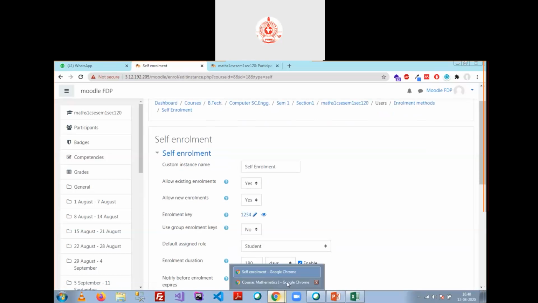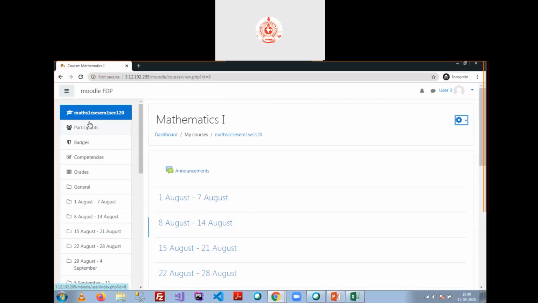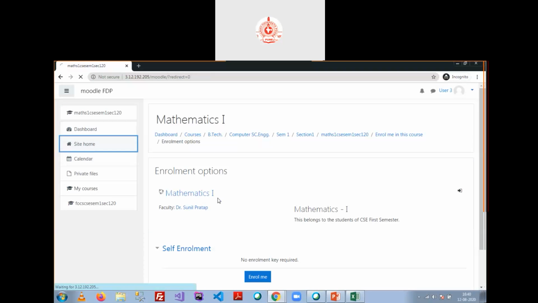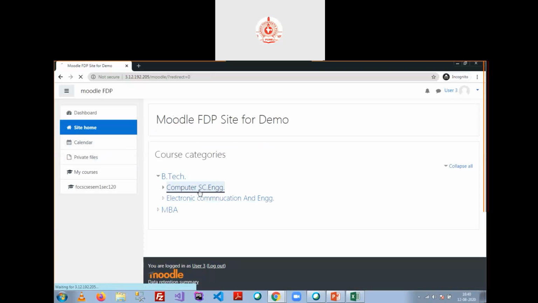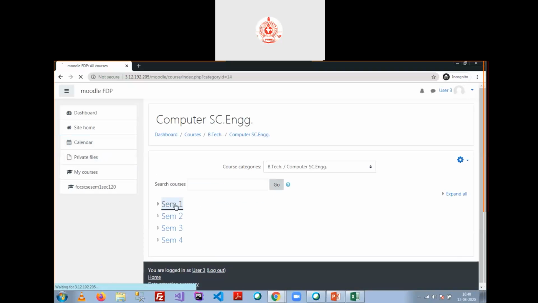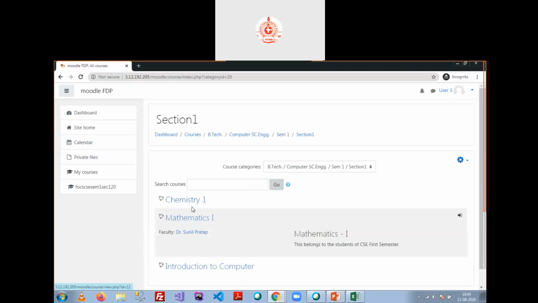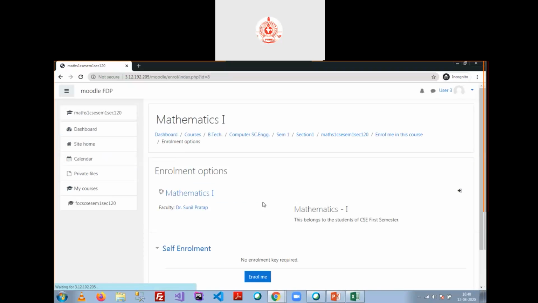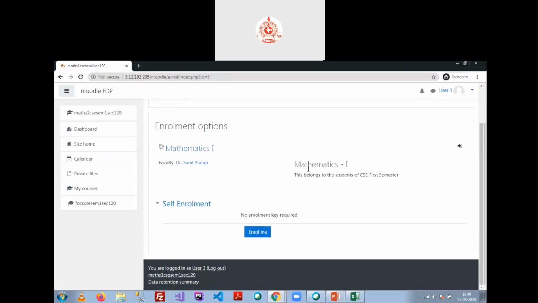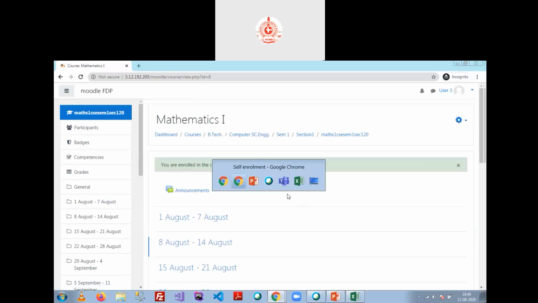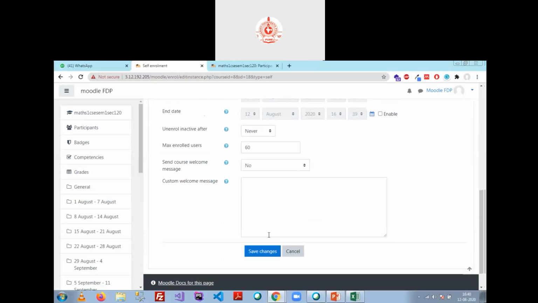When I click this one, I'm not enrolled in this one. So it is asking me to go to SEM 1, section 1, mathematics 1. That is my course in which user 3 wants to get enrolled, and click enroll me. Oh, okay, I do not have save changes.